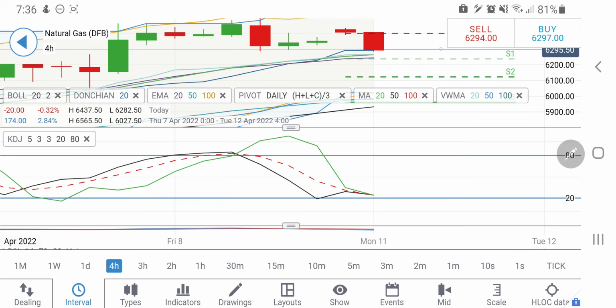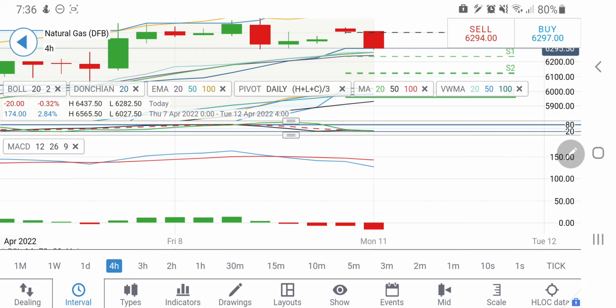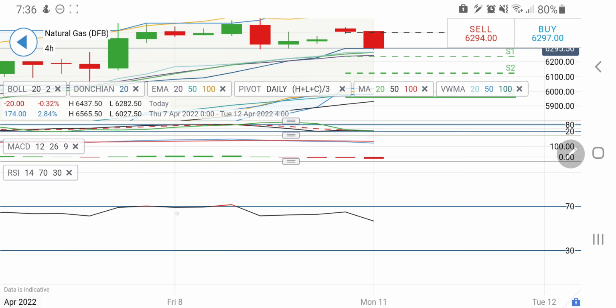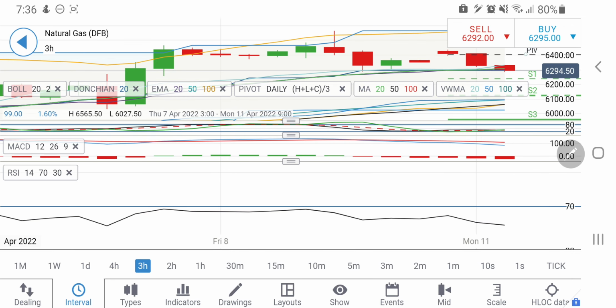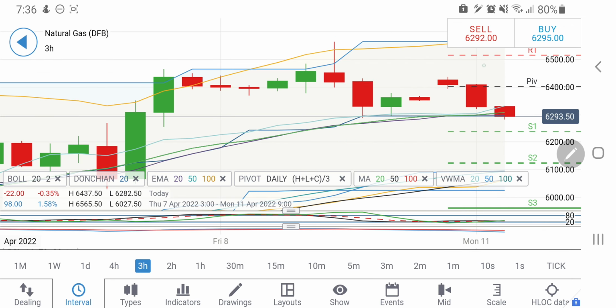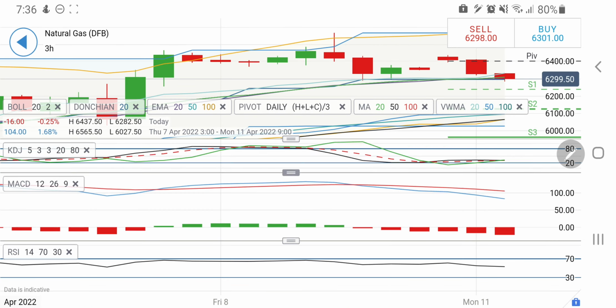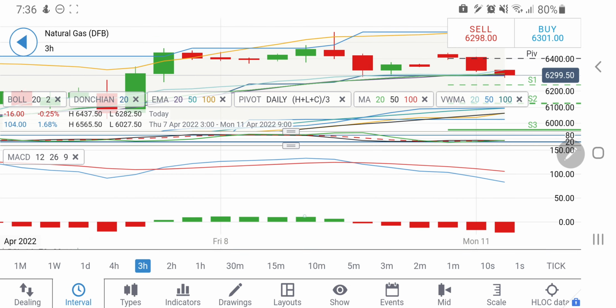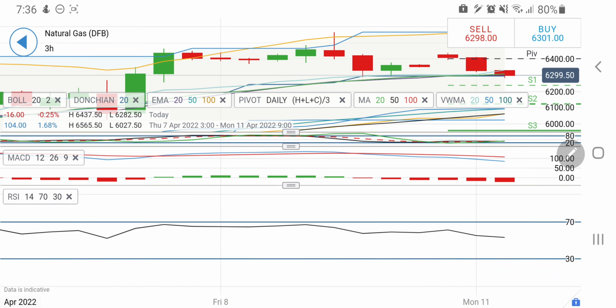$6.02 levels. At the same time, one must not forget, on the 4-hour chart it is trading in an extremely oversold zone, and on the MACD it has just crossed over and it is wide and divergent. Similarly, on the 3-hour chart, the next candle has just started. It is getting the support, as I told, around 6.25. Only on breaking this zone may it try to hit towards 6.2, 6.13, and then 6.02 levels can also be seen. On the 3-hour charts also it is trading as oversold. MACD is wide divergent and still on the sell side.